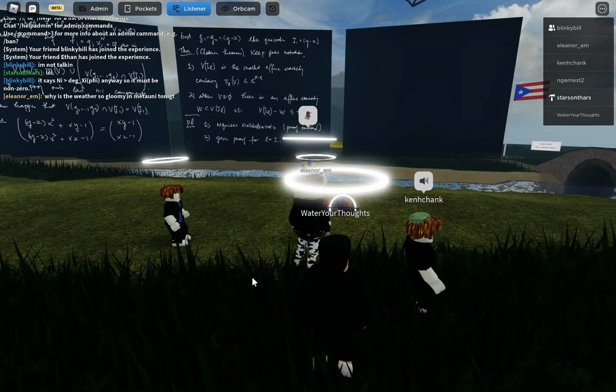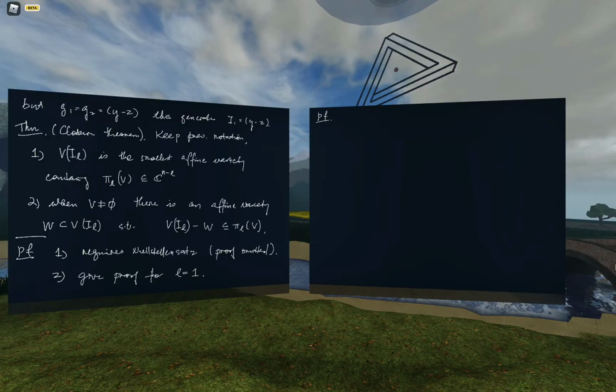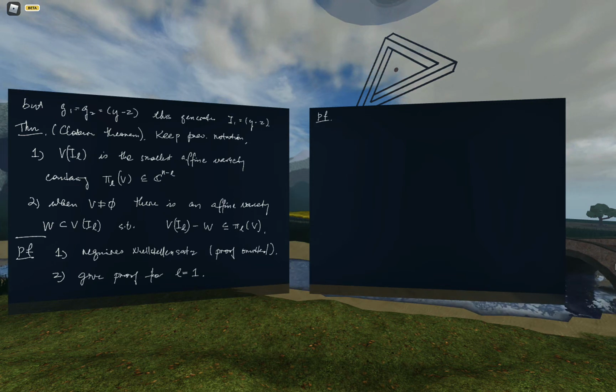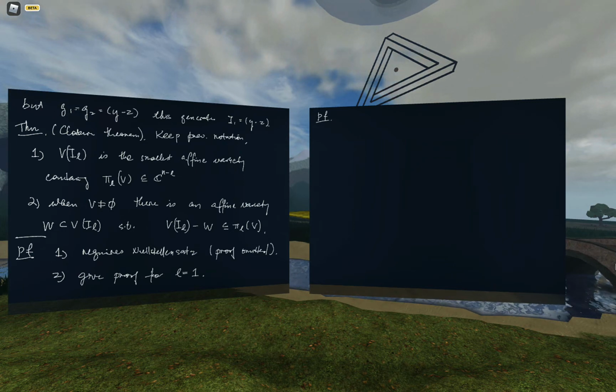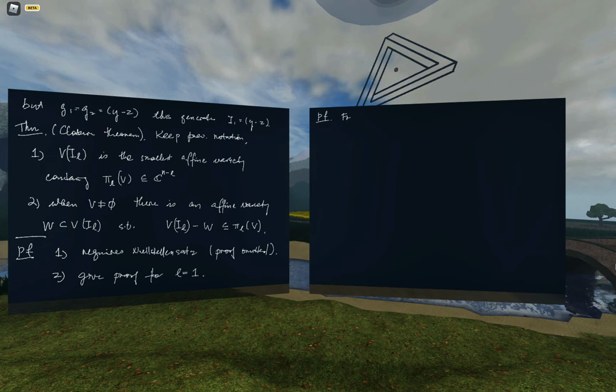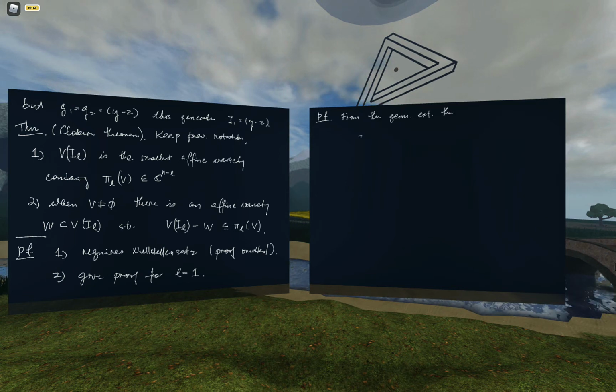Okay, so the proof requires a little bit of changing the generators around. It's kind of interesting because we saw in the previous example that there were some bad generators that caused us to not be able to invoke the power of this theorem to make any conclusions. The proof actually undoes it, and we can get better generators. So from the geometric extension theorem, we have a decomposition